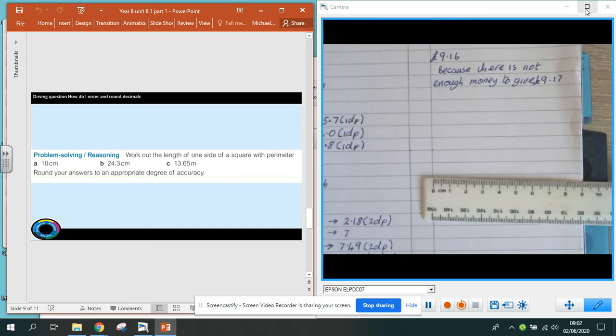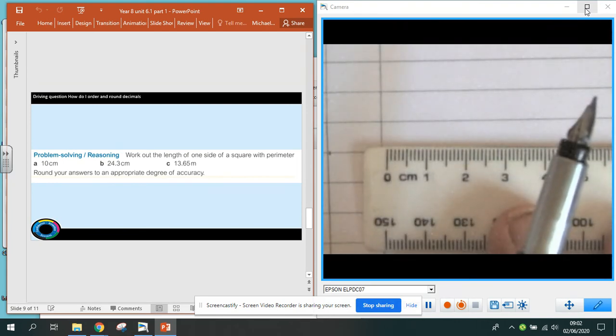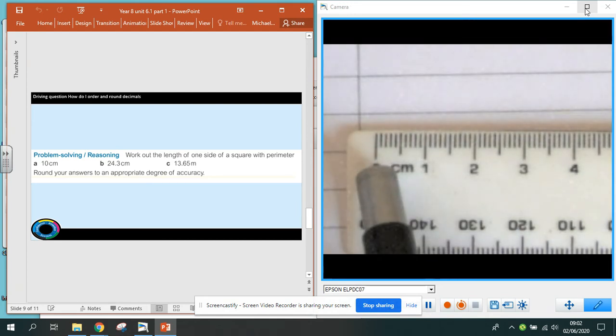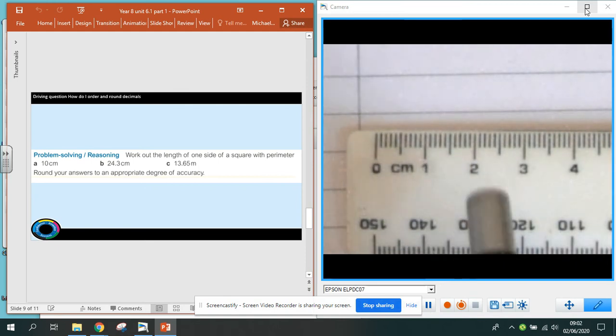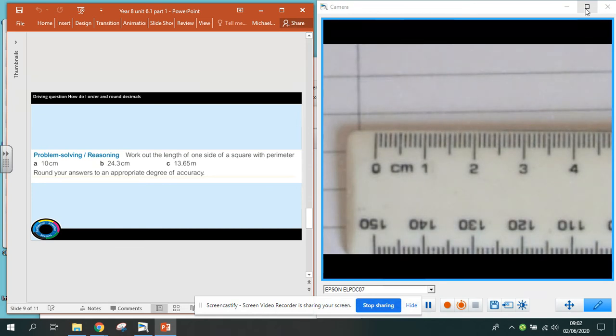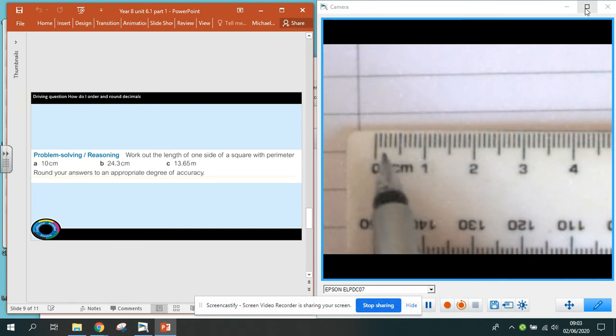Just to clarify and make things a bit easier, I've put a ruler on the visualizer for a second, just to help you get a grip of what we're talking about here. If I was measuring in centimeters, I can very easily measure in centimeters. I can very easily measure in these smaller measurements as well, which are millimeters, tenths of centimeters, so the first decimal place. If I try to go beyond that and try to measure tenths between those two lines there, which as you can see is exactly the width of my pen,